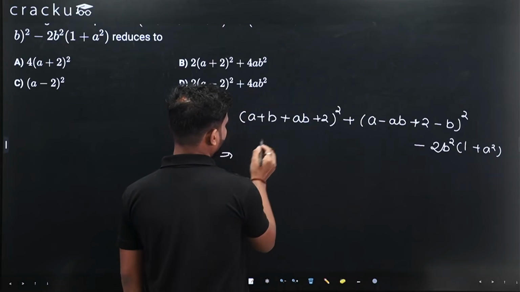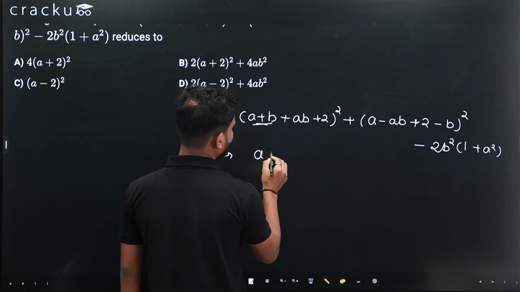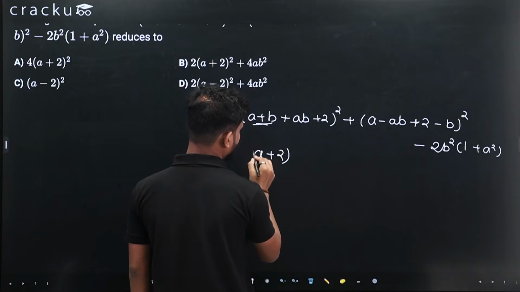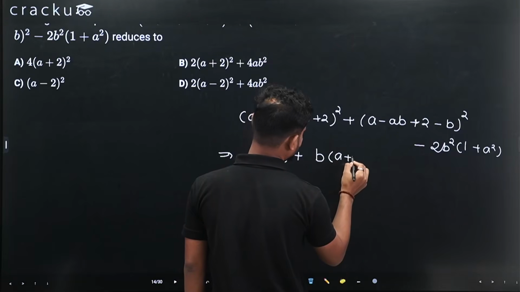Now what you can do? You can write this thing as (A plus 2 plus B into (A plus 1))